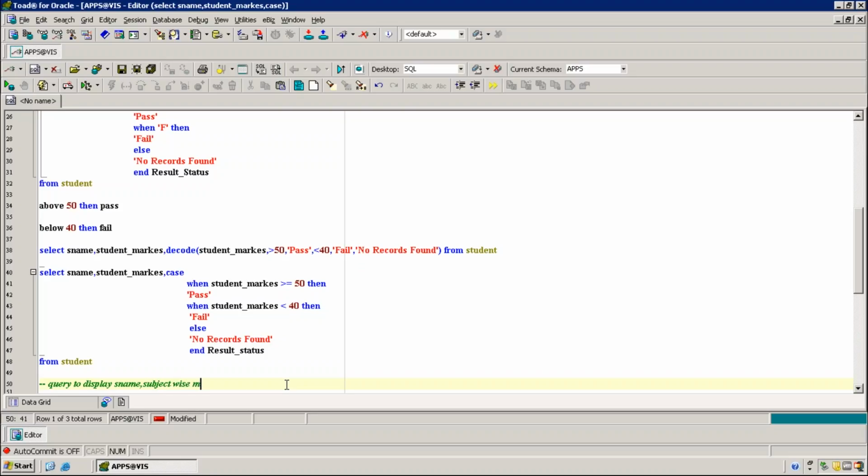Subject wise marks means four to five subjects. Marks, and total marks. Total marks, and then average marks.